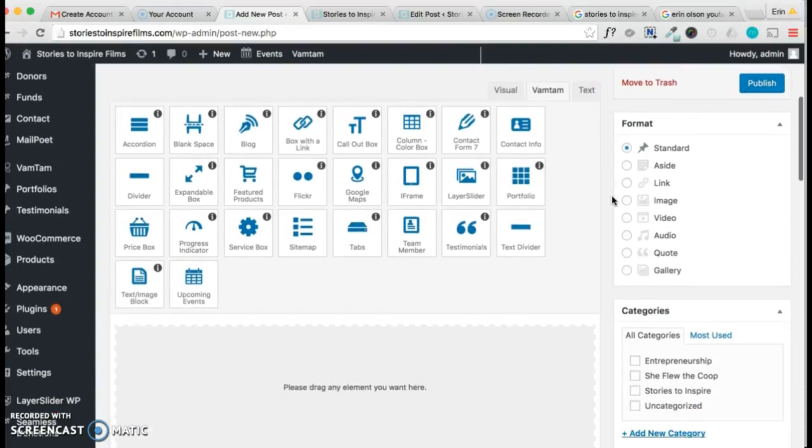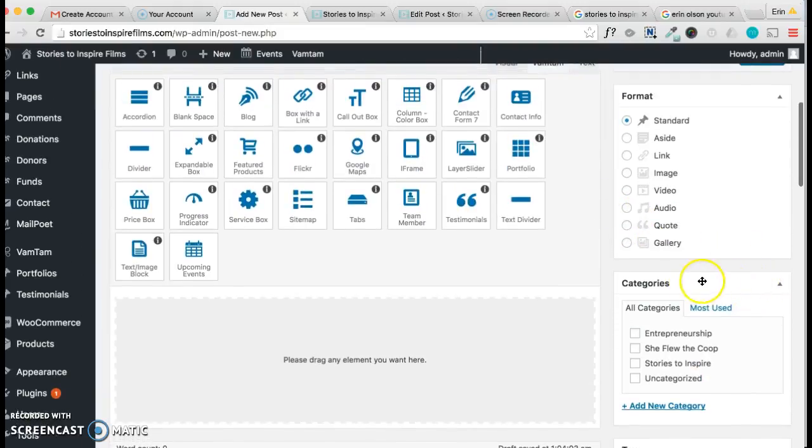So if I scroll down, you'll see the categories are over to the right side. I just put random ones in. I don't know what type of categories you guys will need depending on what you write about, but you can always add a new one, or you can delete this if you want. Let's say this new blog post doesn't fall into any of these categories. We'll do add a new category,